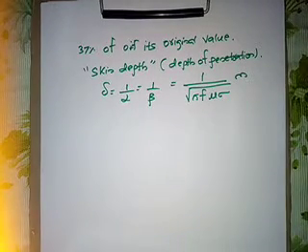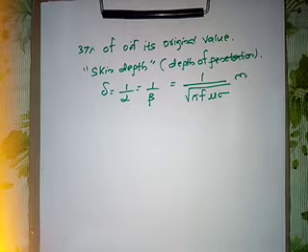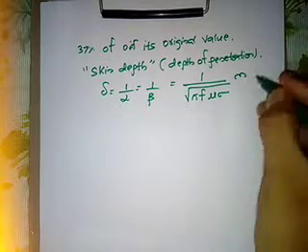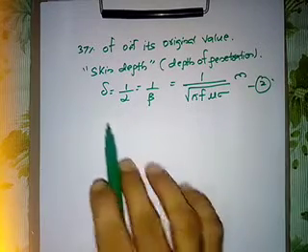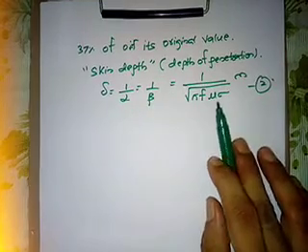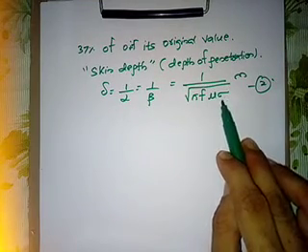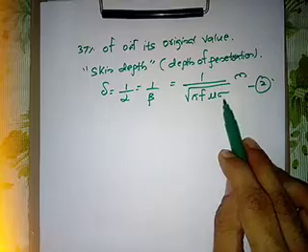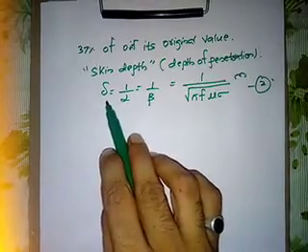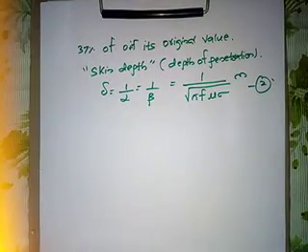1 by alpha, that is equal to 1 by beta, that is equal to 1 upon square root of pi f mu sigma meter. So from this expression, what can we see? We can see that the skin depth is inversely proportional to conductivity sigma. That means for good conductors, when conductivity is high, the skin depth or depth of penetration is very low. Correct?